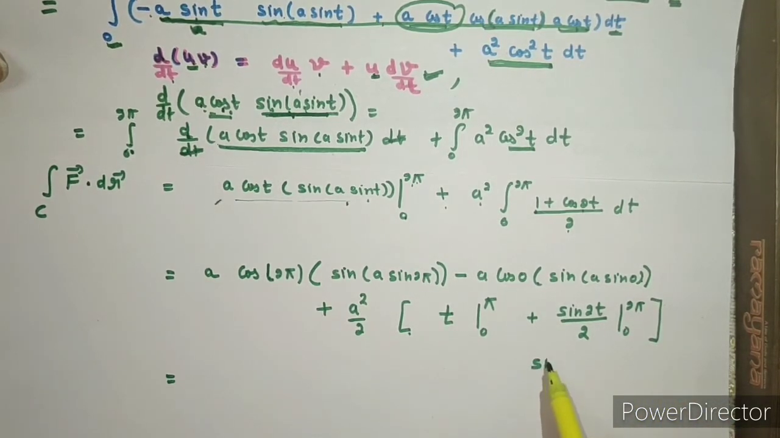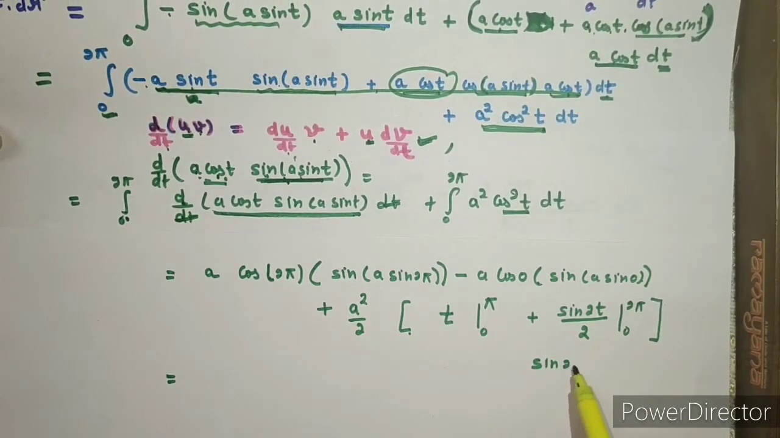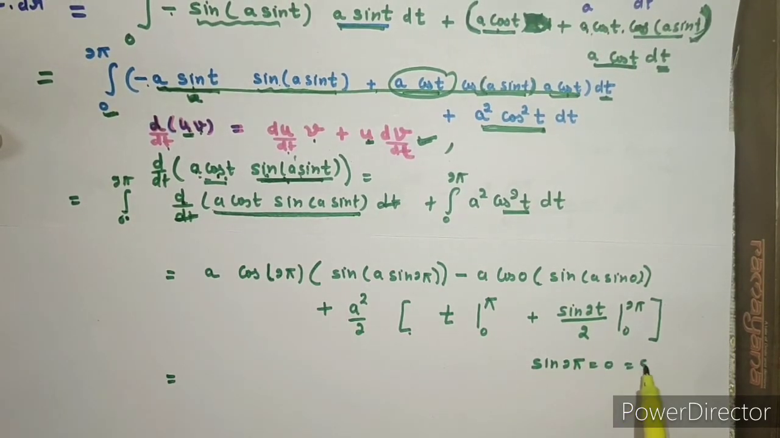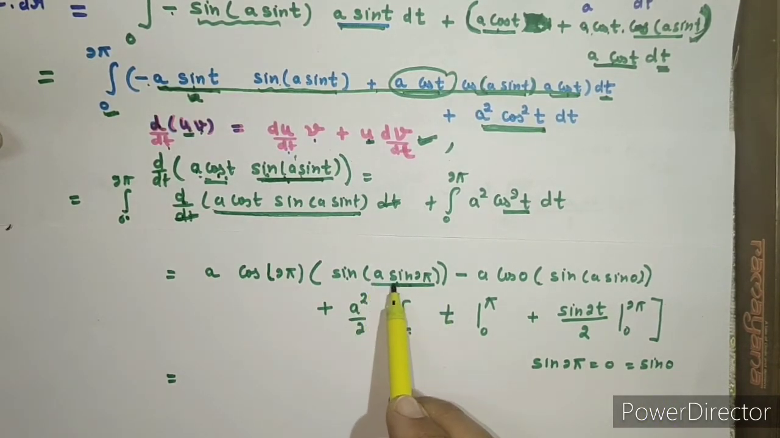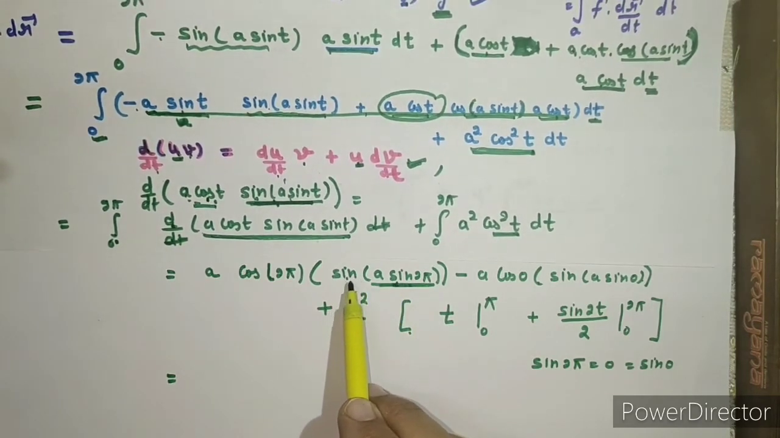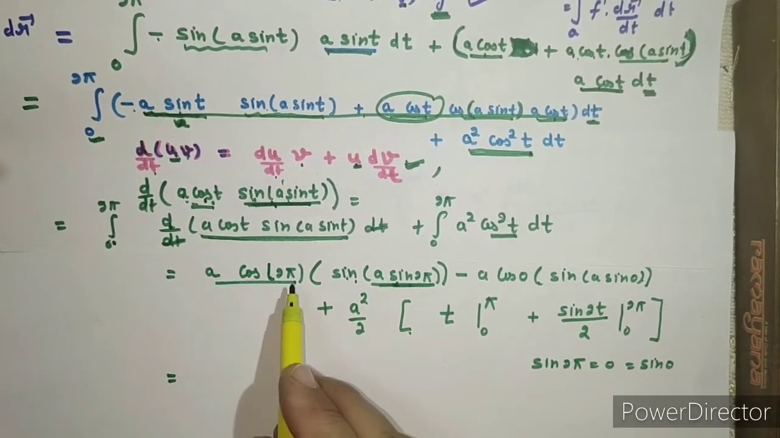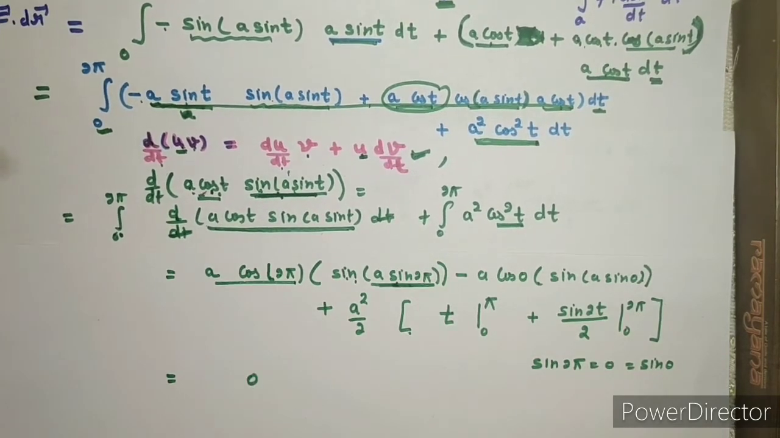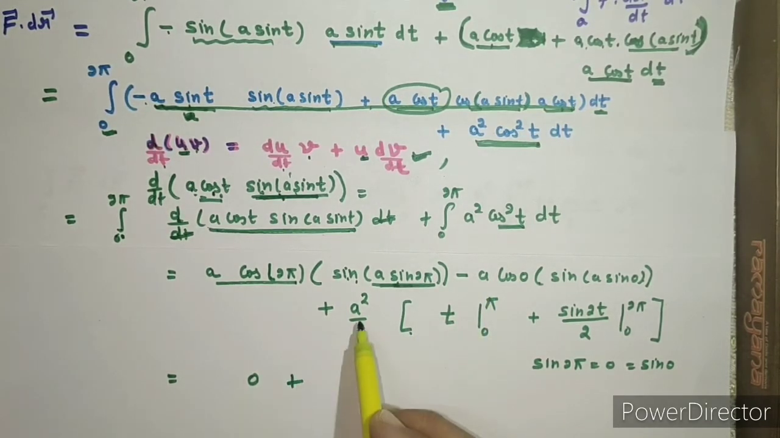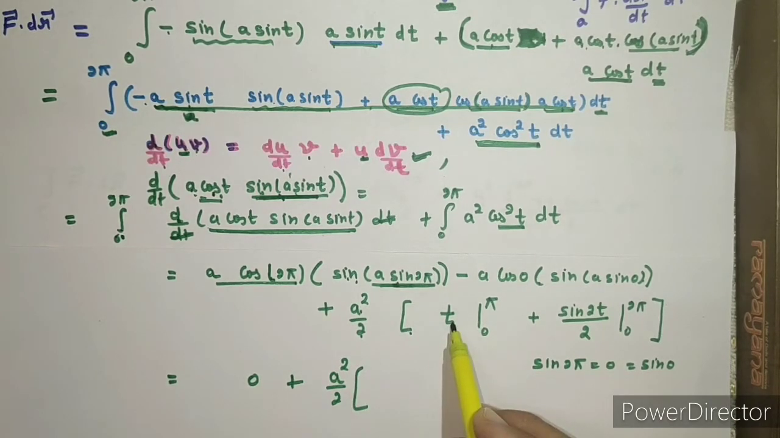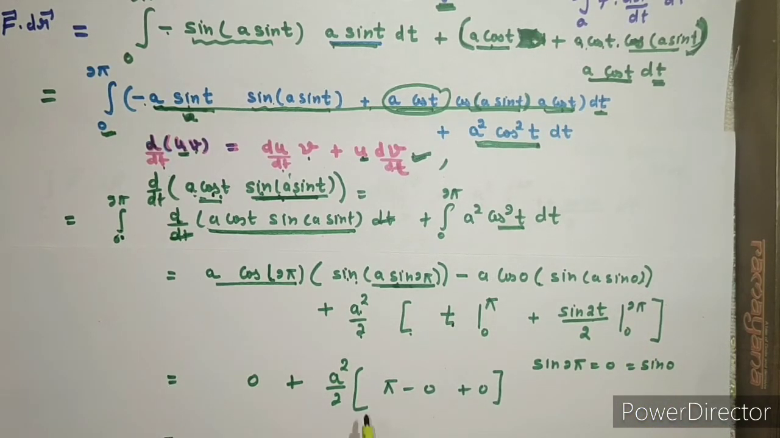Now you know that sine of 2 pi is 0 and sine of 0 is also 0. So sine 2 pi is 0, again sine 0 is again 0. So this is 0, 0 into something is 0. So your answer is 0 everywhere. Then plus this is a square by 2. Here you put t, pi minus 0, and sine 2 pi, sine 0, this is 0. So I got only